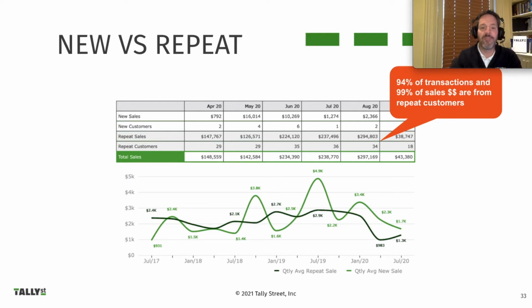A common example would be a customer who buys some product. It's a large upfront expense, and then they buy a maintenance contract on top of that product. So while the new sale may initially be larger than your average repeat sale, it's those ongoing repeat sales, going from 150,000 to 300,000, that really drive the long-term success of the business.